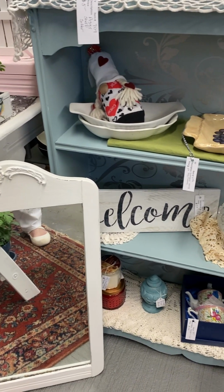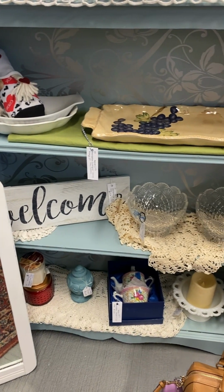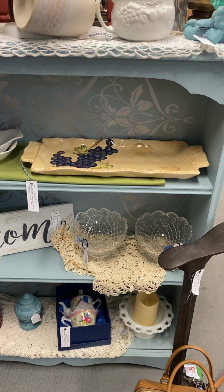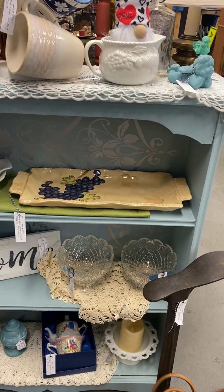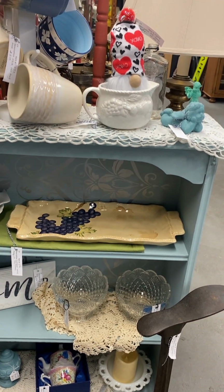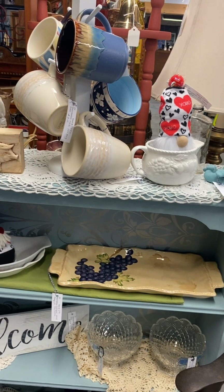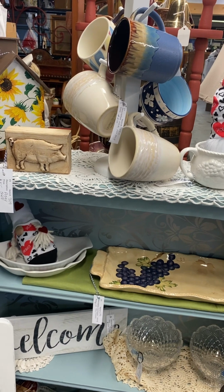And then on the bookshelf here, I have some fragile things that I put down so they don't get knocked over. Those 2 bowls are crystal bowls. There's a piece of milk glass down there at the bottom. And of course the cobbler's shoe, what would you call it? It's just basically designed for a cobbler to be able to use it to make shoes. And then on the top I've got my mugs. There's a couple of gnomes up there. My little